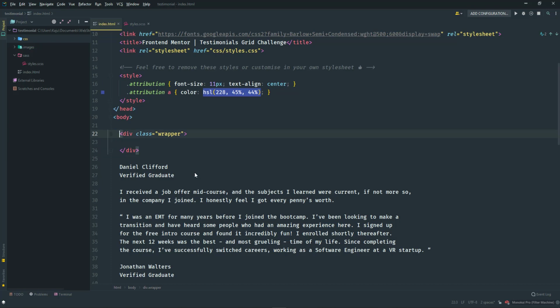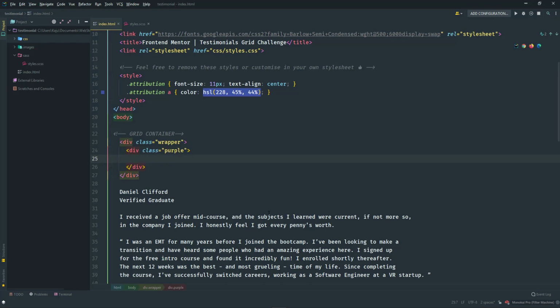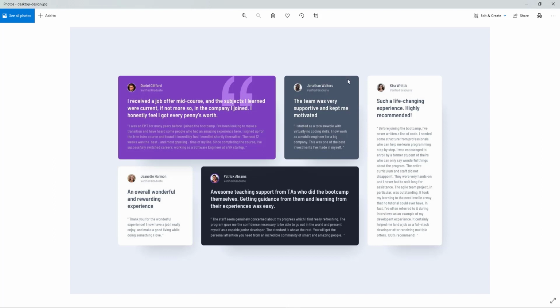So inside the wrapper, this wrapper will be my main grid wrapper or container. Okay, the wrapper element. Inside the wrapper, I will have a div, again the class of purple. So I'm naming these classes or divs based on this design. So this is my purple, this will be my tall white, something like that. This is my gray, dark gray, or maybe light gray and white, like that. So I'll name these 5 boxes as per the background colors. Okay,